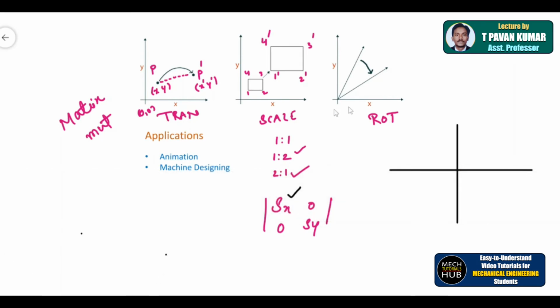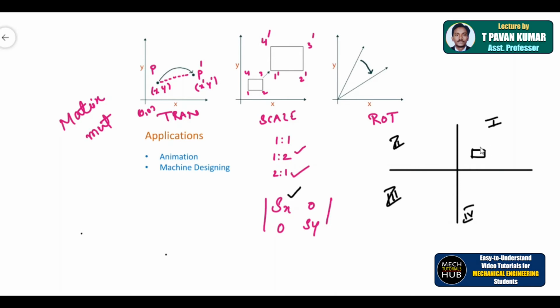Alright, if these are the coordinates, as we know from the basics, this is the first quadrant, second, third quadrant, and this is the fourth quadrant. Here both will be positive, here x will be negative, y will be positive, as you all know from the basics. Now here, if there is any entity over here, that is going to change its position based on the units given by the designer.